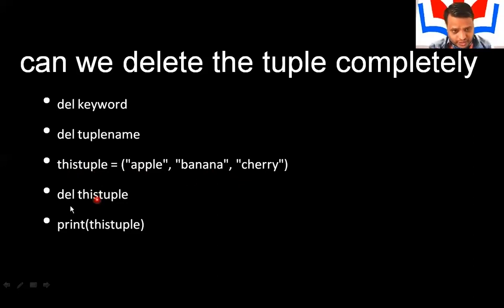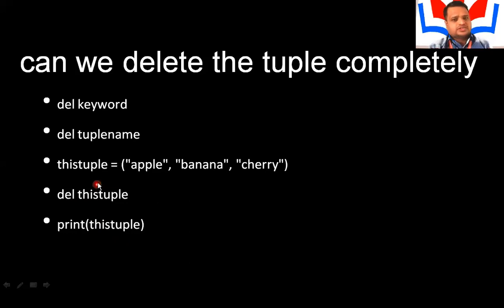To delete the tuple completely, I have given del space and then the tuple name, this tuple. Then when I print this tuple, I will not get the elements that were present in it.